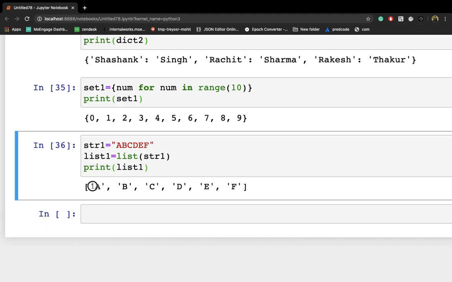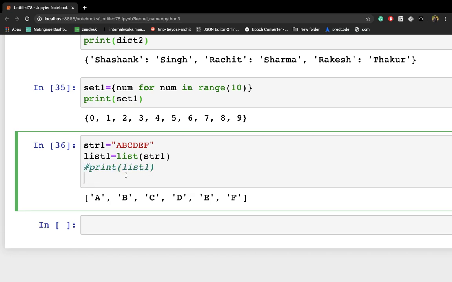First of all, we'll convert all these elements to ASCII values. So how can we achieve this? Let me comment this. I'm writing one more list2 is equal to, and here I am writing ord. This function will convert these elements to ASCII values, right? So I am writing letter. Let me write this first.